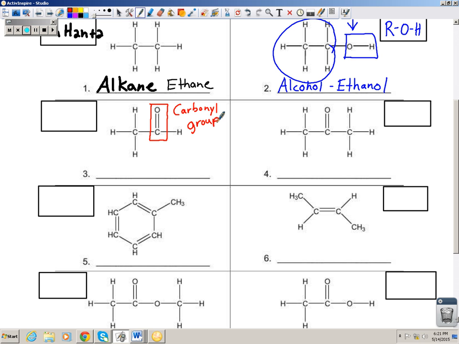And then we want to circle our R, or our alkyl group, which is going to become our R. So that's all this. Remember, this is the carbonyl group. You can't circle and box that carbon. That carbon belongs with the carbonyl group. So if I write the general formula here, I have an R connected to a C double O. And then we're not going to put the H there. That was just to satisfy the other half of that. So if we have R-CO,